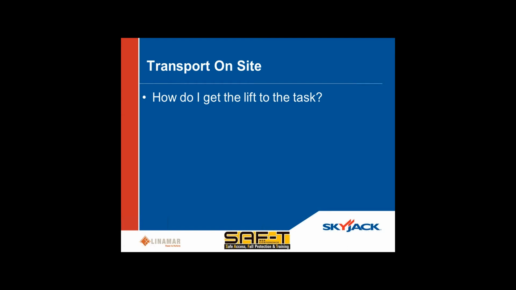Another question that I had put on there was with respect to transport of the machine on site, and you can't forget that you may have chosen the right machine for a particular application if you take the application in isolation. So if you look at the fact that, for example, back when I had that photo up of the overhead crane and the scissor lift there, that's in a factory with a level concrete surface under it, and certainly an appropriate condition on which to use a scissor lift. The problem may be that you have to get the scissor lift into that condition in the first place, and you have to understand that in order to actually get it there, you may have to move it around a